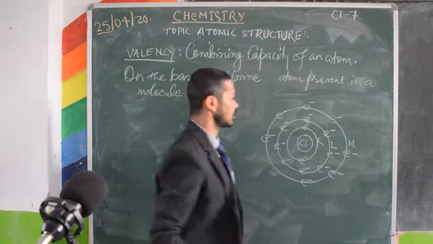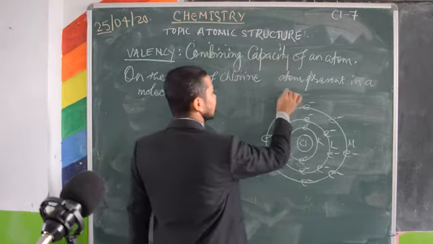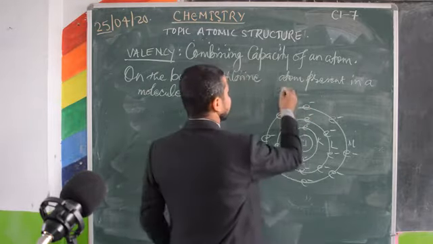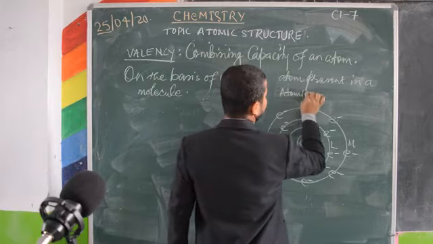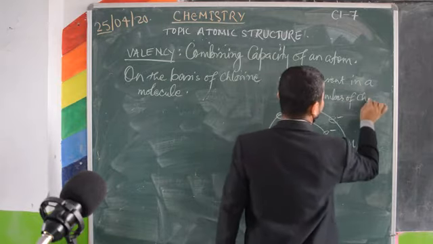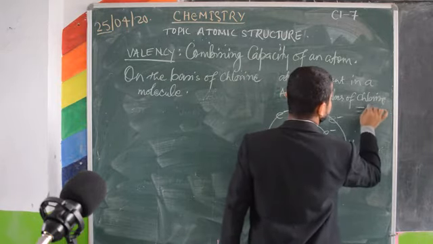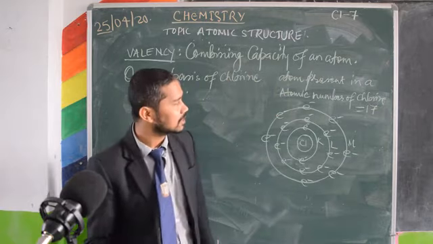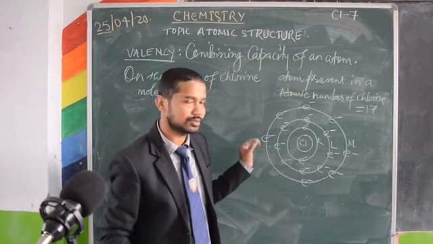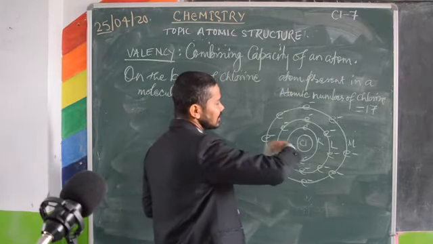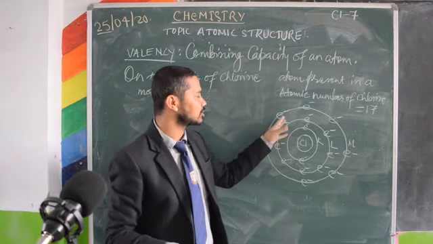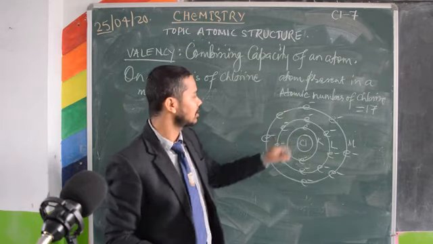So altogether, the atomic number of chlorine is 17. That means it has 17 electrons in the neutral atom. We will not go for the electrons present in the inner shells. We will go for the outer